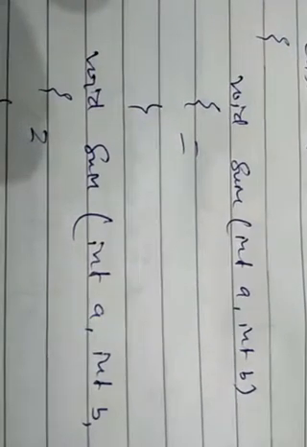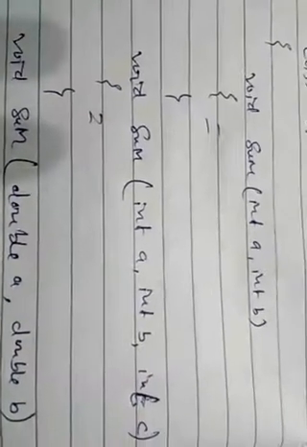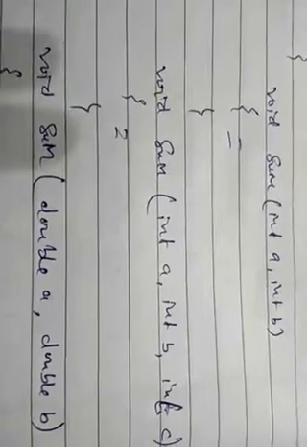Here is a class A which contains the method sum. The first function will perform the addition of two integer numbers, the second sum will perform the addition of three integer numbers, and the third will perform the addition of two numbers of double data type. So we can say that this is the best example of function overloading, because here we are defining three functions named sum, the parameter lists are different, and all these functions are inside a single class.